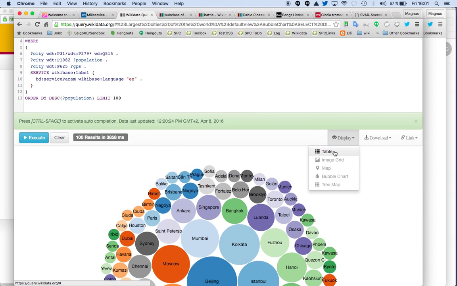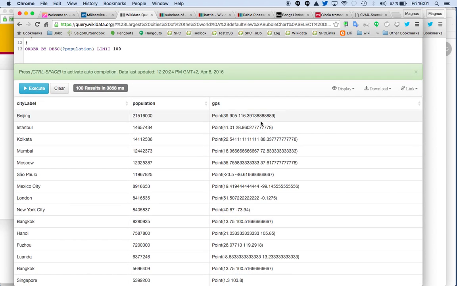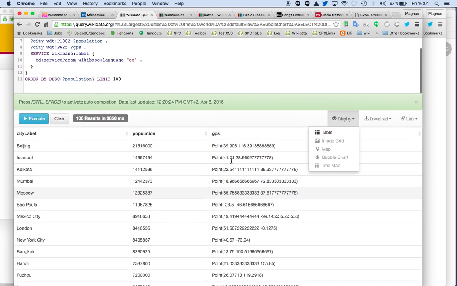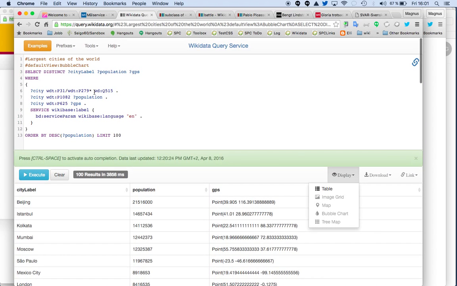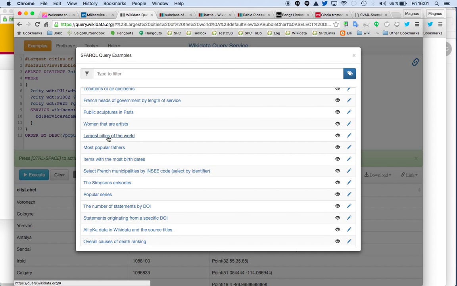But if we do it's not supporting the point. It's not supporting a map. I don't know why. Maybe they need to define it in another way. But here you can see the population. And I think also we had a